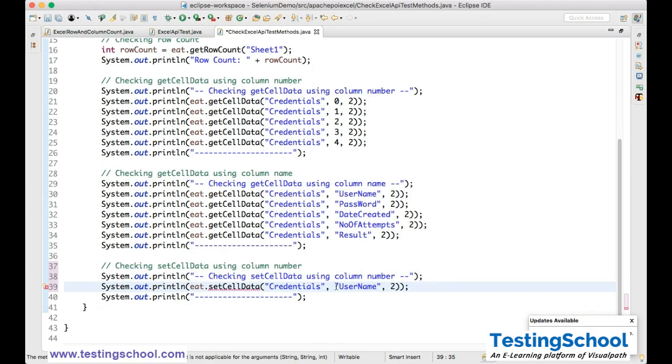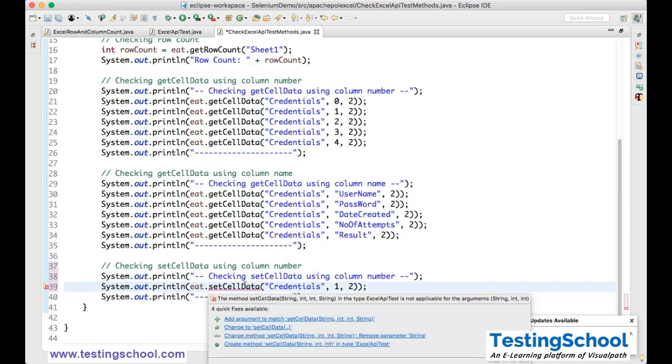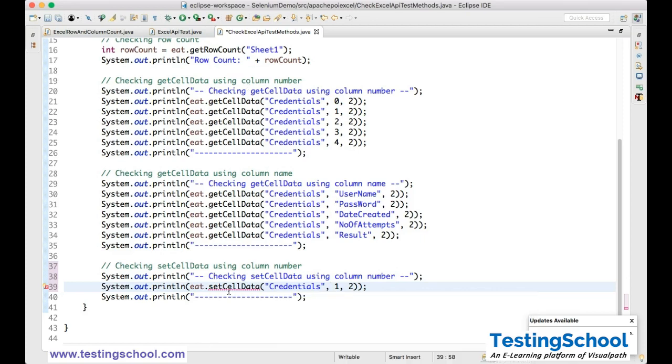In the credentials, what I'll take, in the first column, right. What is this? Set cell data of string, first integer is